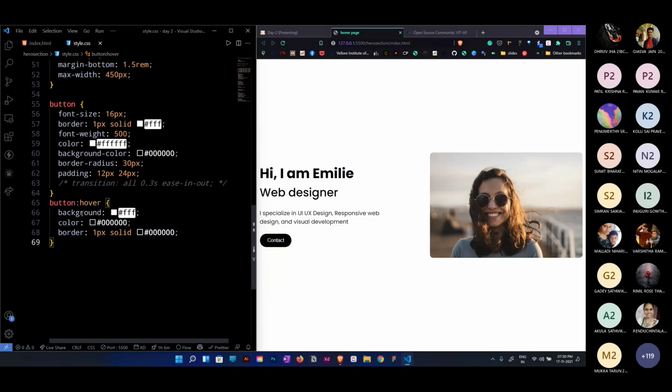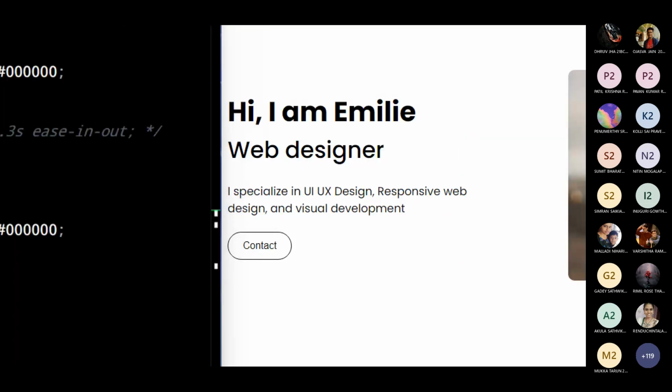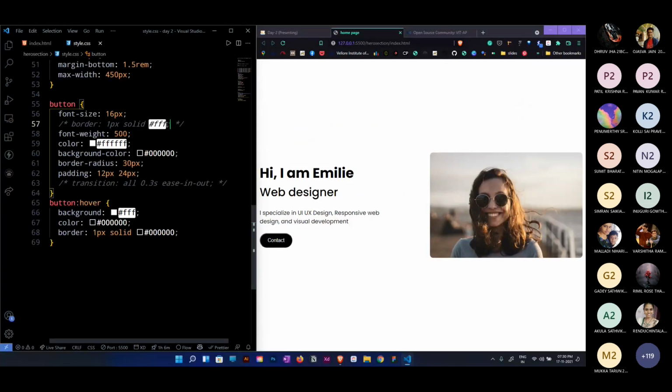What I'm doing on hover is nothing but, when you take your mouse cursor over the button, it's called hover. And what I'm doing on hover is changing the background color and color, just reverting them, and making the border 1 pixel. And if you observe, there will be a little bit of change. If I remove my border, let me just zoom. When I am hovering, the actual content is moving up and down because of that 1 pixel of border being added additionally.